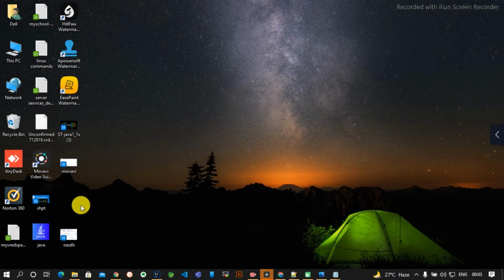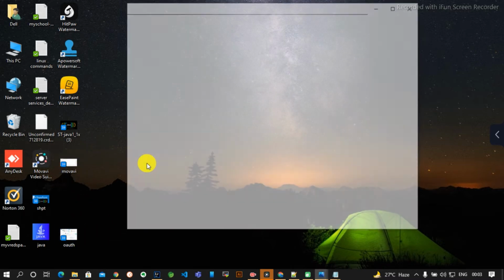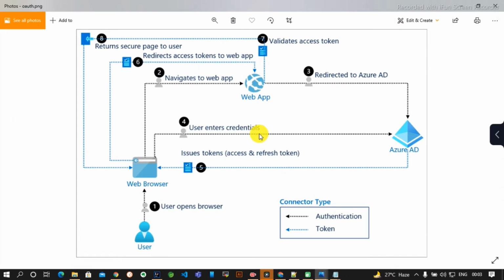I want to show you one picture. Basically it shows how authentication in the backend takes place. Here is the end user. Whenever the end user accesses any Microsoft Azure application, whether Outlook or SharePoint, first it navigates to the web page, making a request to the SharePoint login page. The login page is rendered through Microsoft Azure AD, the Microsoft directory, and appears in the web browser.